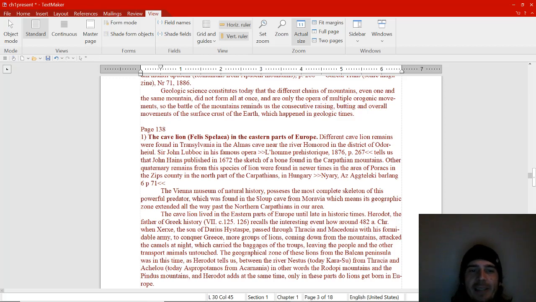Page 138, reference 1. The cave lion, also known as Felis spelaea, in the eastern parts of Europe. Different cave lion remains were found in Transylvania in the Almas cave near the river Homorod in the district of Odorheiu. By the way, before I continue, these references that the man is using is